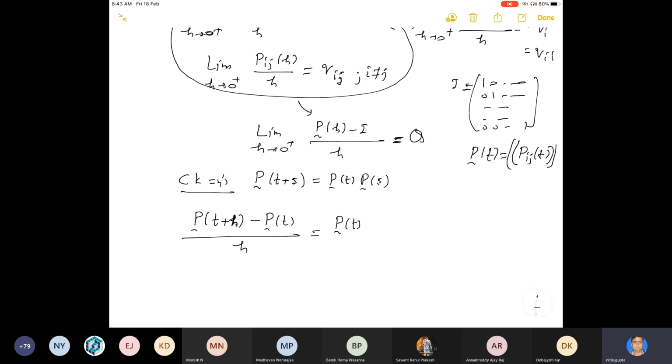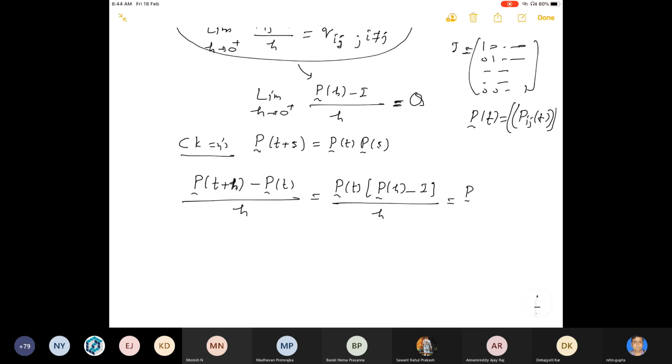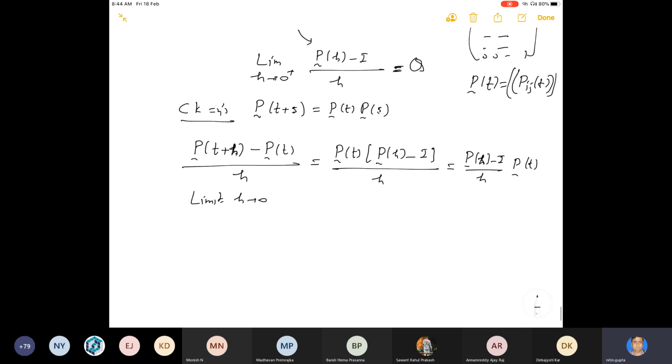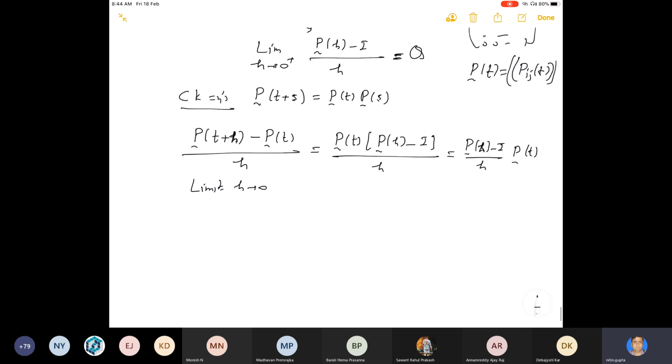Therefore, this will be (P(h) minus I) upon h into P(t). Now taking limit as h goes to 0, from this equation we will get P prime(t)